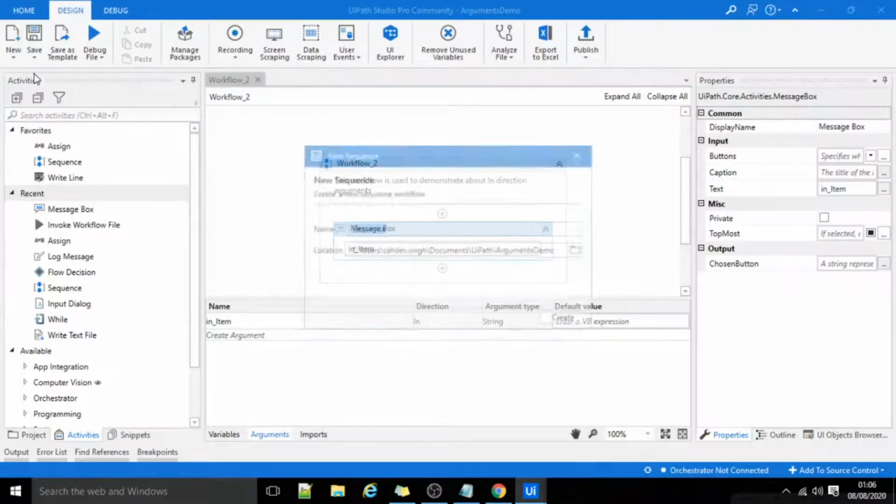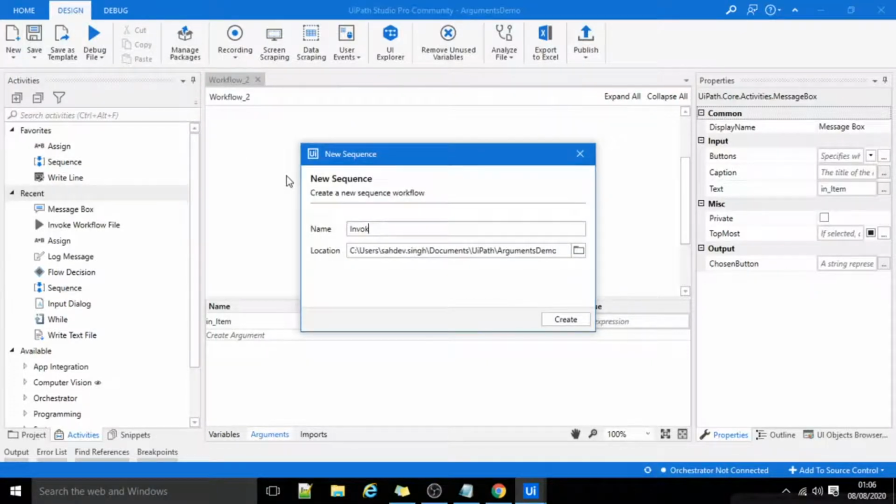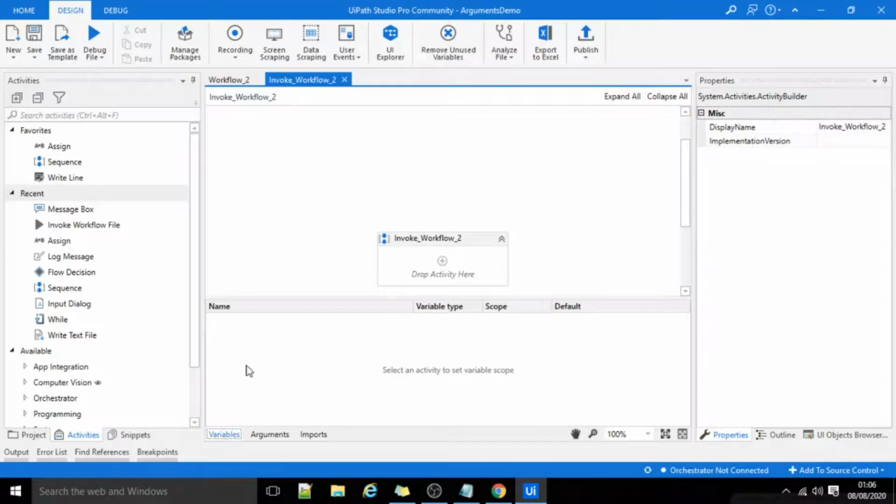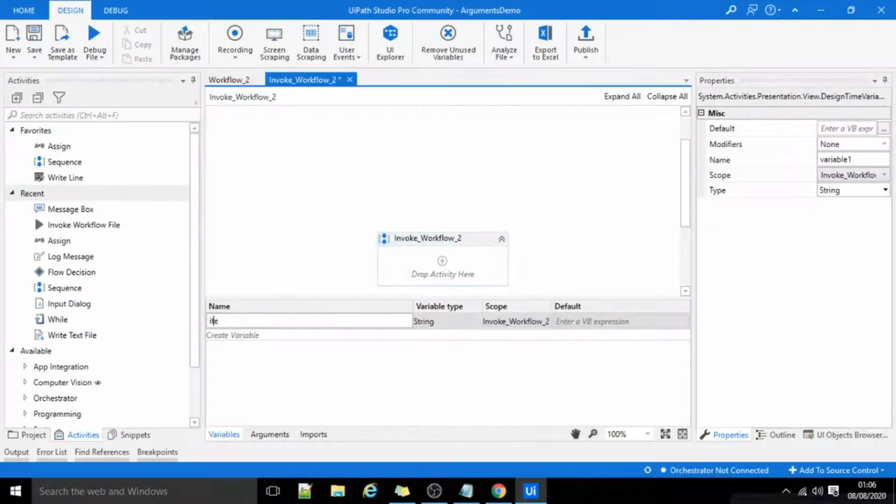For that I'll create one more workflow, Invoke_Workflow_2. Now as I have to pass some value to the workflow that I will invoke, I'll create a variable, item.